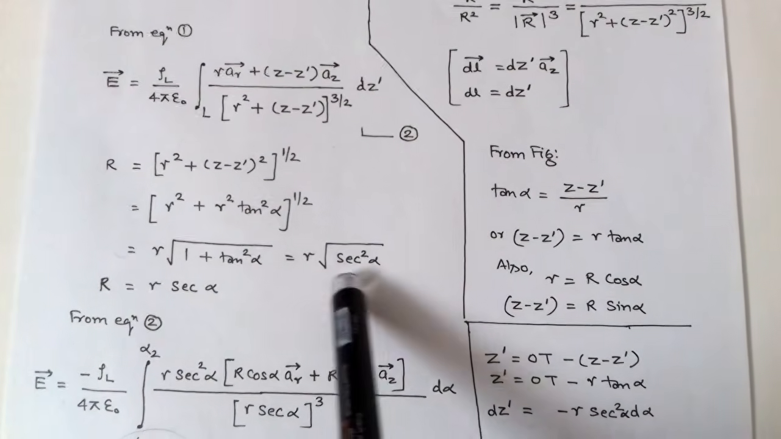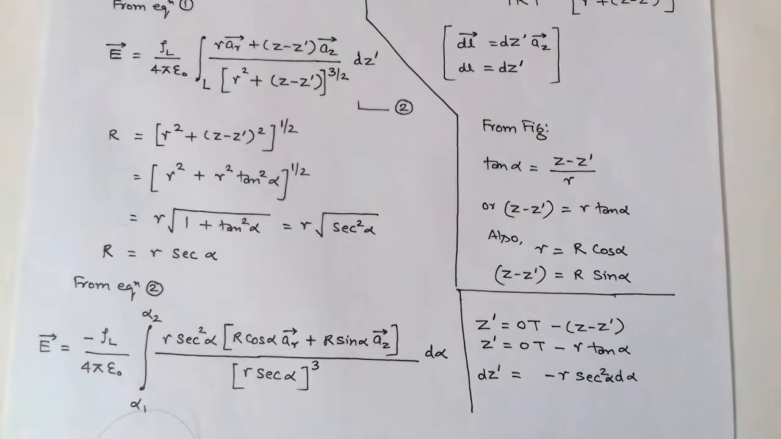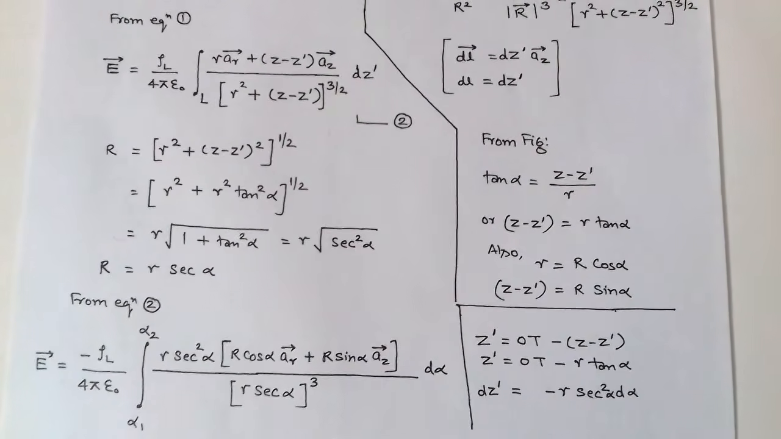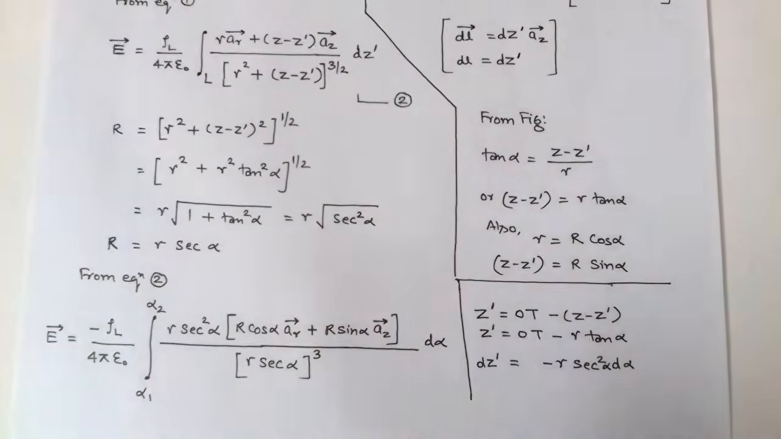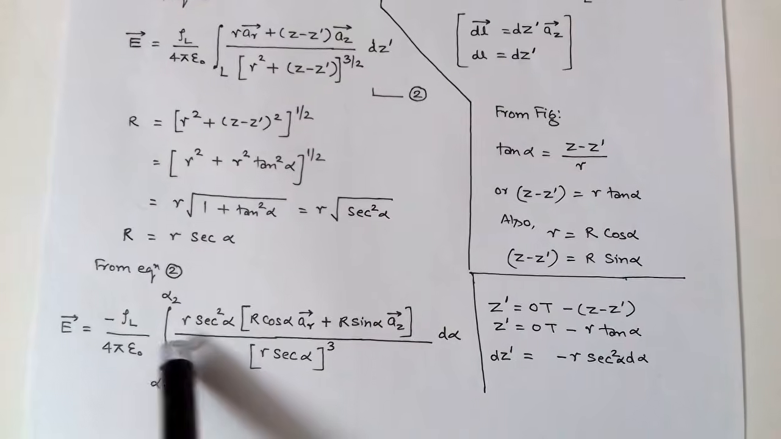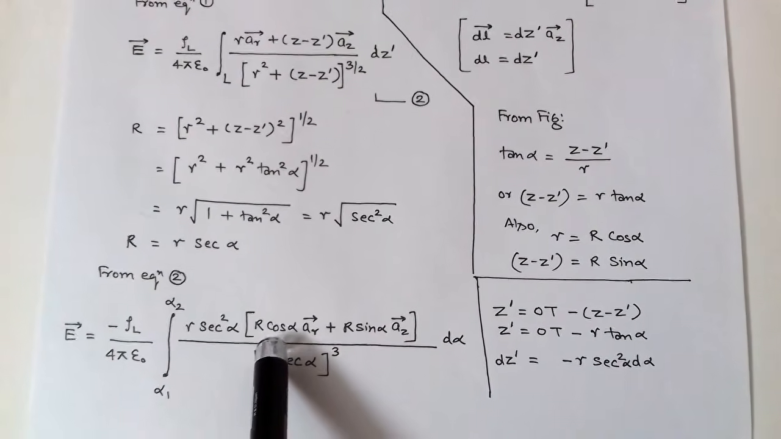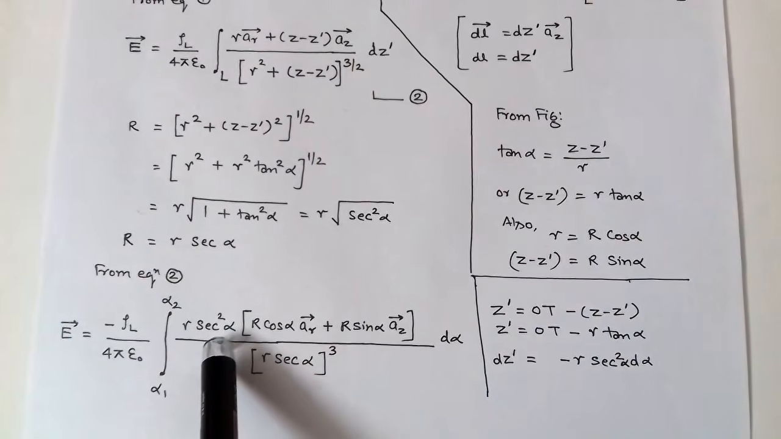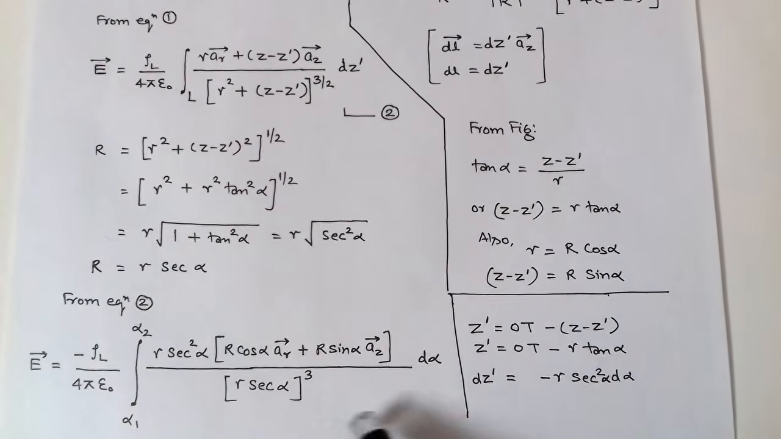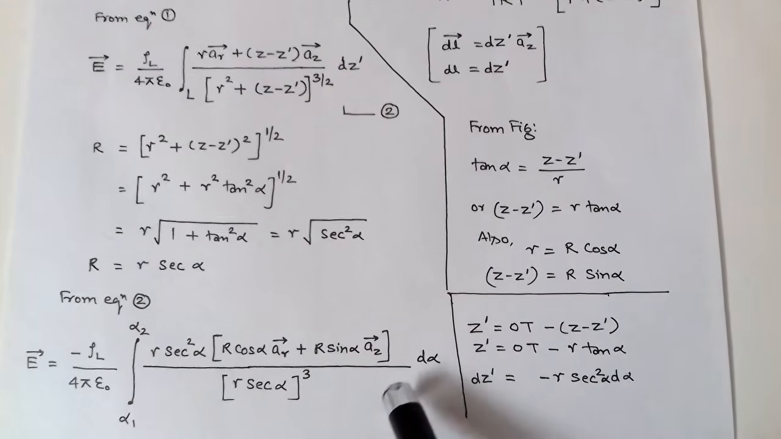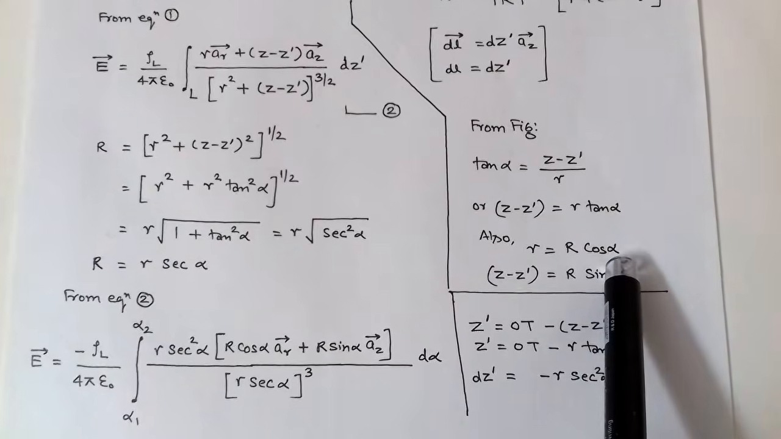After putting these values, we get this equation. Here a minus sign is introduced due to dz dash. So minus rho L upon 4 pi epsilon naught, integration of r sec square alpha into d alpha. Now in the vector R, in place of small r we can write capital R cos alpha,